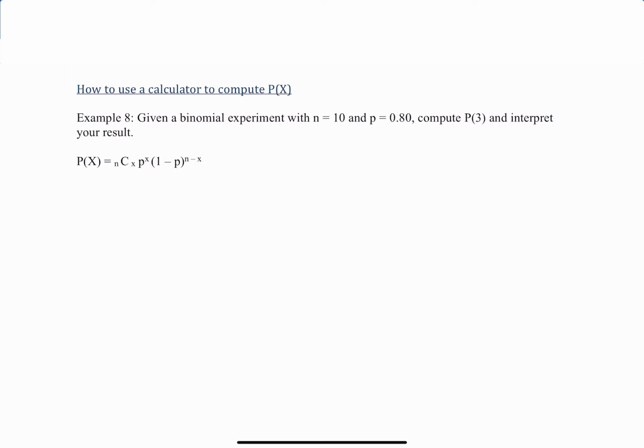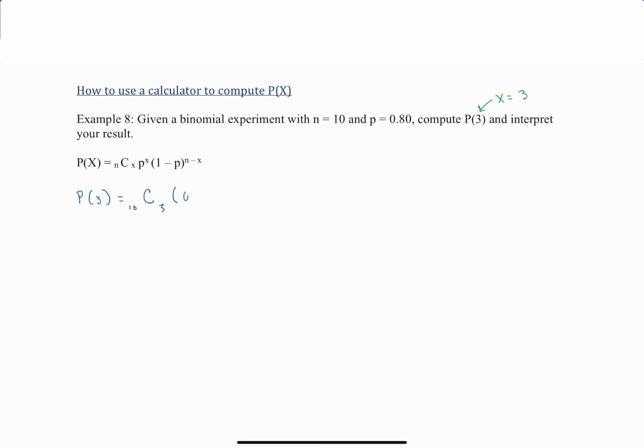So, given a binomial experiment with n equals 10 and p equals 0.8, let's compute P of 3, and then we'll interpret the result. Notice that this 3 is telling us what x is. So this 3 right here means use 3 for x. So plugging into our formula, P of 3 would be, I'm going to replace the n with a 10, the x is a 3, and then I have p, which is 0.8, raised to the power x, and again x is 3,